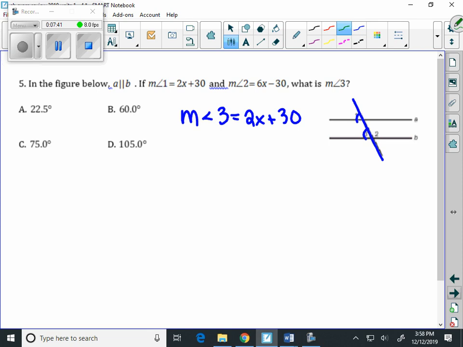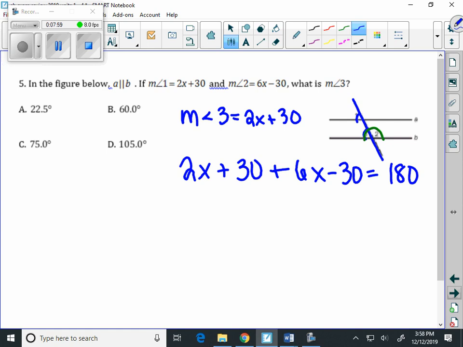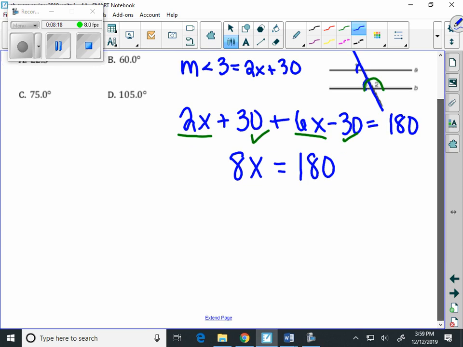And now, when we take a look at this, measure of angle 3 plus the measure of angle 2 forms that protractor again. So what we can say is that the measure of angle 3, which is 2x plus 30, and the measure of angle 2, which is 6x minus 30, have a total value, when we add them together, of 180 degrees. And if we add like terms, we get 8x. Positive 30 and negative 30 cancel out, and this equals 180. And when we divide both sides by 8,